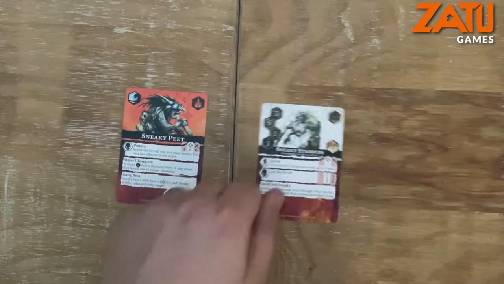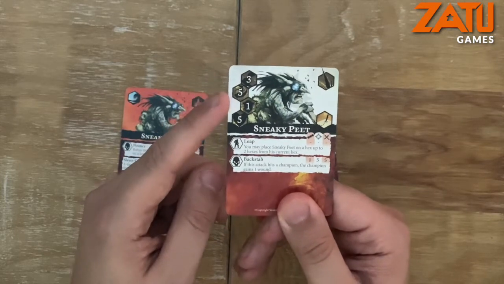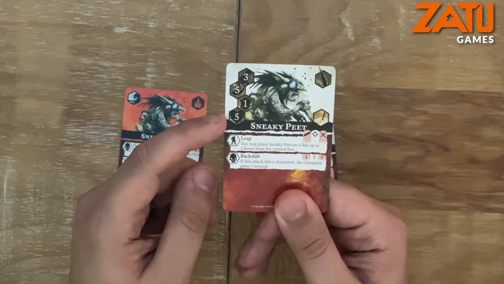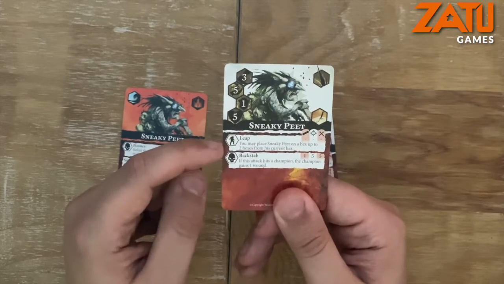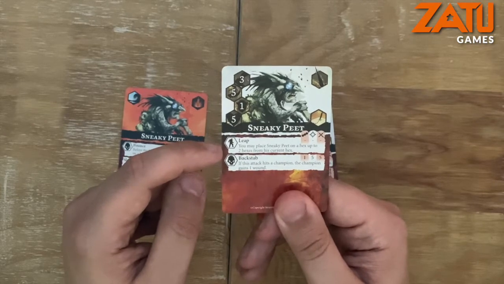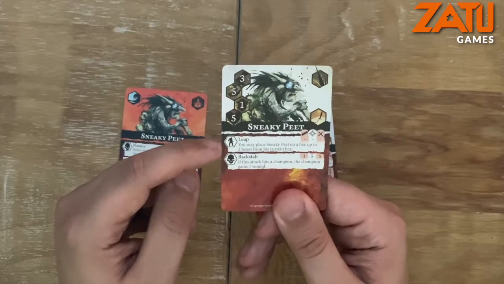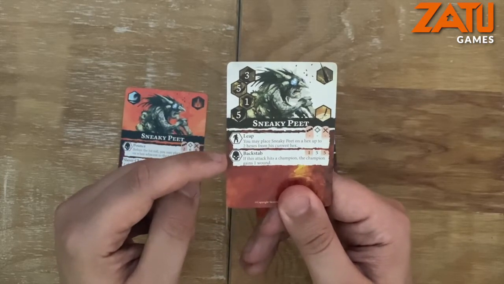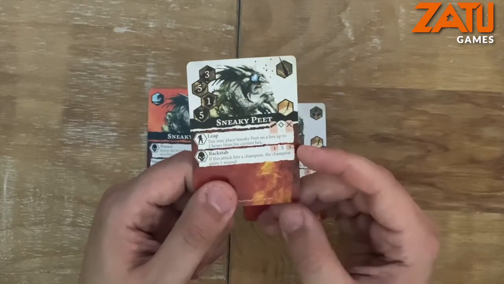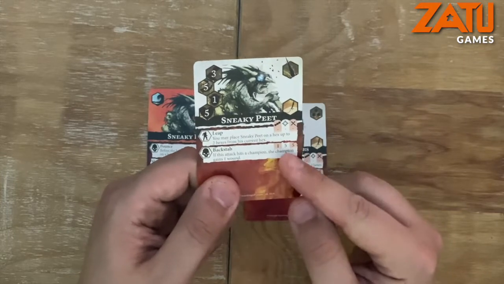During the plot phase then, we have Sneaky Peet with a movement of 3, so quite mobile, dodge of 5, a very good dodge, defense of 1, not much health at all, 5, but again the mobility comes in here. You may place Sneaky Peet on a hex up to 2 hexes from his current hex, so very mobile, total movement of 5 there. And a backstab. If this attack hits a champion, the champion gains 1 wound. So before you even roll your damage dice, you've given that champion 1 wound straight away